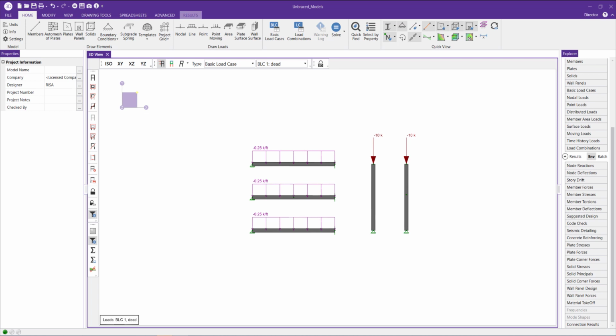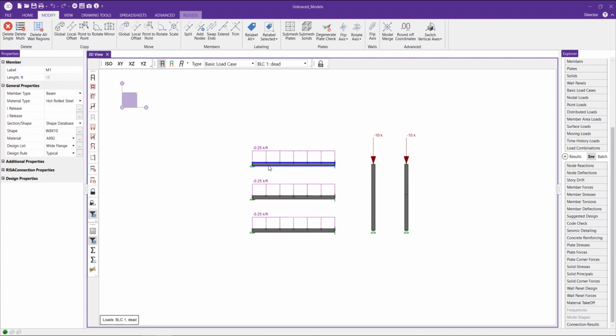One of the most common topics that seems to come up in support is the subject of unbraced lengths in RISA-3D. If I click on a member, go into my Properties menu, and expand the Design Properties, I can specify bracing via several unbraced length options, which can be seen here. These options do not provide physical bracing to the model for analysis, but rather they affect a particular member's capacities